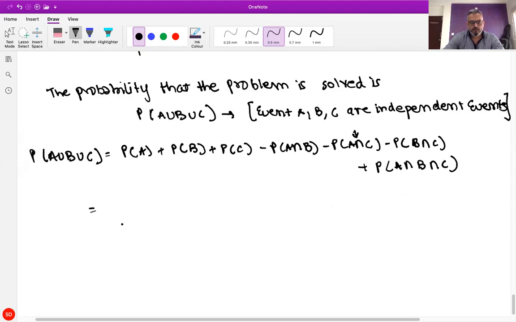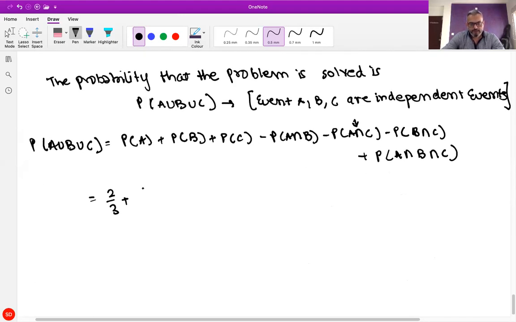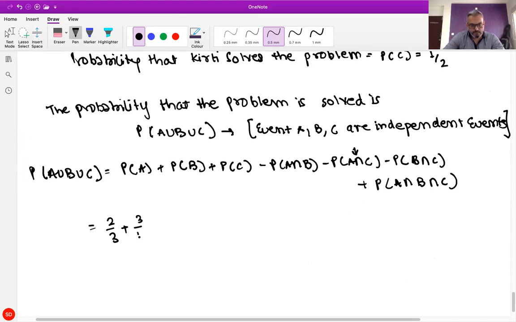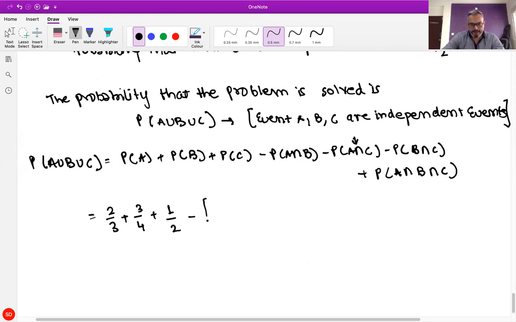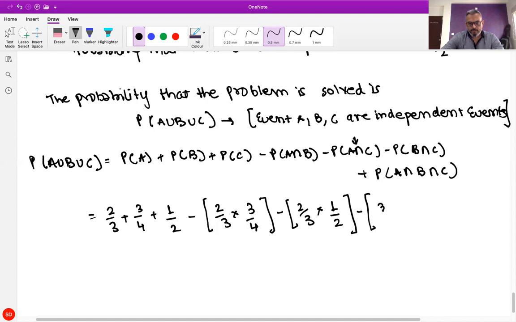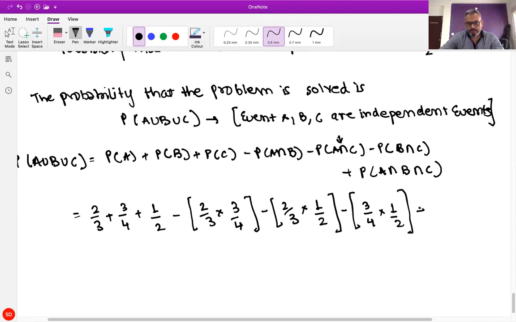So P of A is 2/3 plus 3/4 plus 1/2 minus, I write in the bracket 2/3 into 3/4 minus 2/3 into 1/2 minus 3/4 into 1/2 plus 2/3 into 3/4 into 1/2, which is equal to,